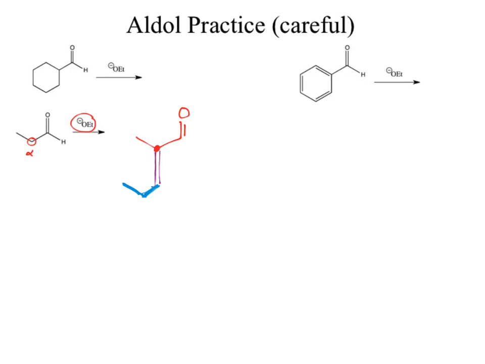Yeah. You showed a quick how you do it with the ring, like the number one. Number one's going to be a little bit different. Why is number one going to be a little different? You only have one hydrogen. I only have one hydrogen. Can I do a condensation? No. No. Okay. So that first one won't do the condensation.